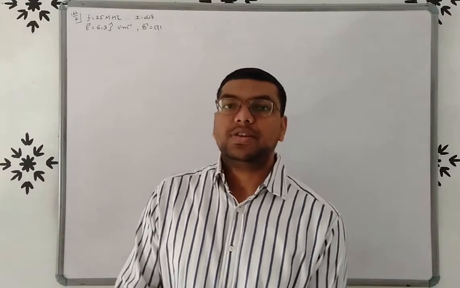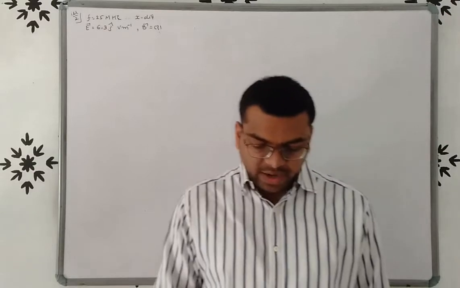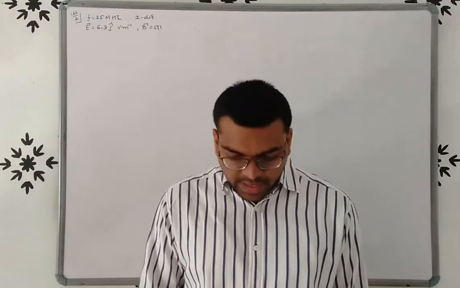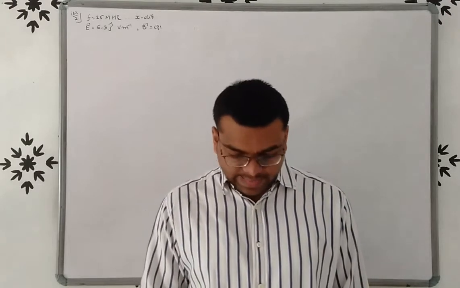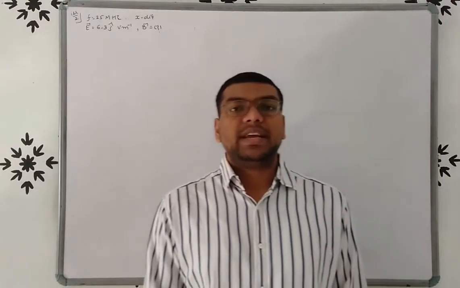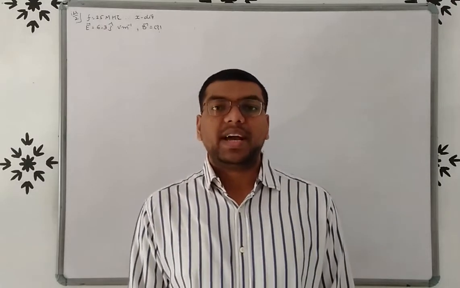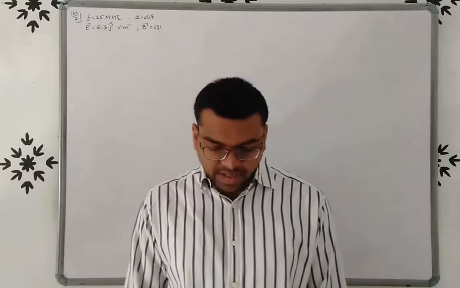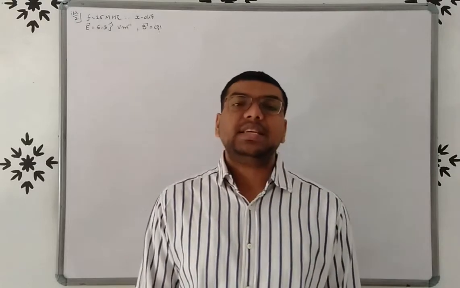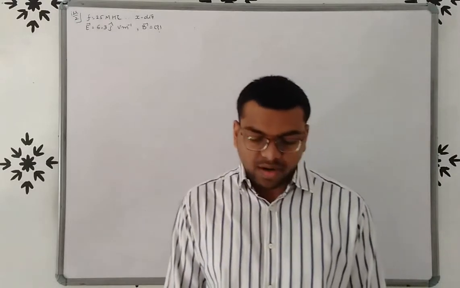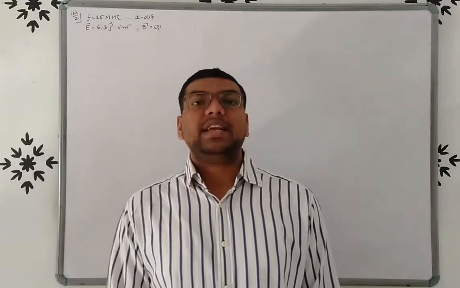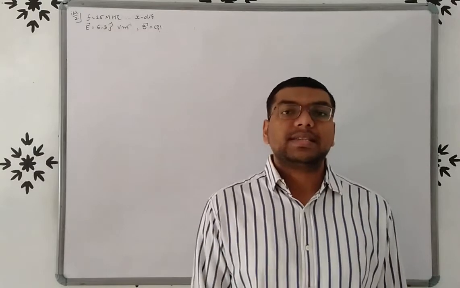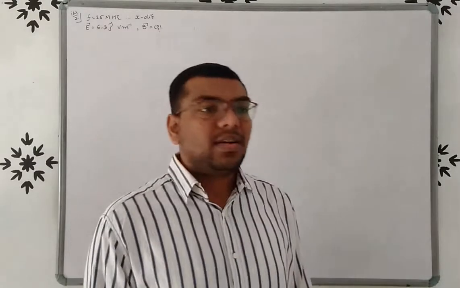See illustration 2. A plane electromagnetic wave of frequency 25 MHz travels in free space along the x-axis. So here the electromagnetic wave has a frequency of 25 MHz and propagates along the x-axis. At a particular point in space and time, the vector E is equal to 6.3 j cap volt per meter. So here the electric field is 6.3 j cap, so the electric field will be along the y-axis. We have to find out the vector B.